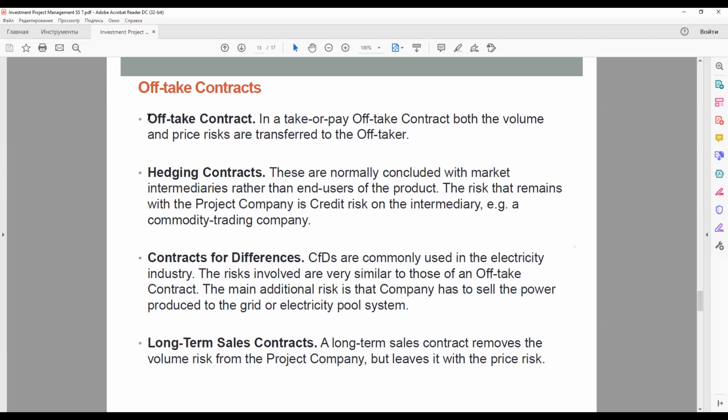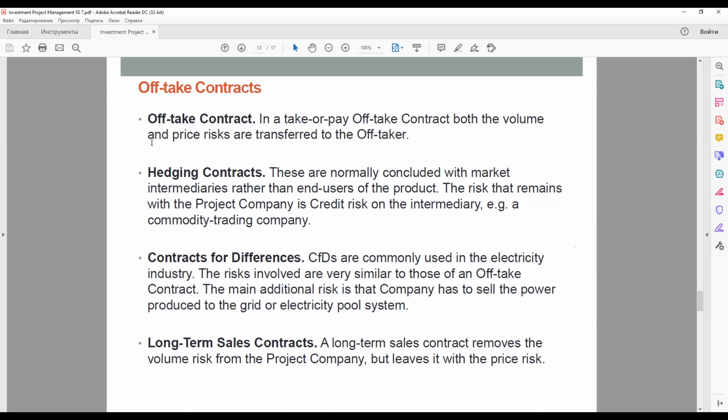In such cases, lenders will wish to ensure that there is a clearly defined pricing basis for the product, so that the extent of the price risk can be measured. It is clearly preferable for pricing to be based on some widely traded index such as oil prices, since price projections are easier for such commodity markets.